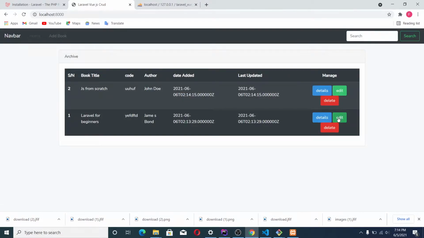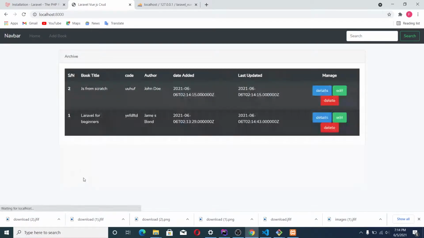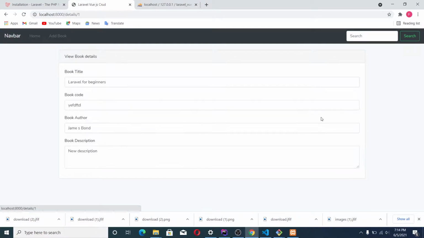Okay, so I can also edit the book here. Now if I want to edit the description, I say new description. So I can update the book here, and when you go to see the details, you see new description here.